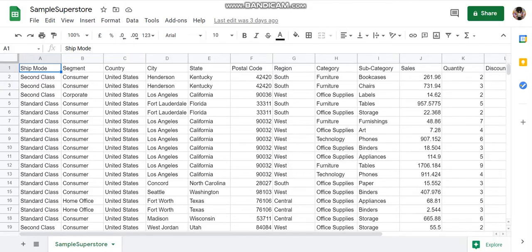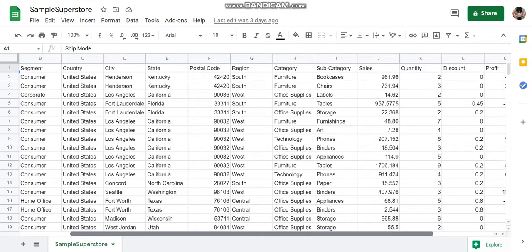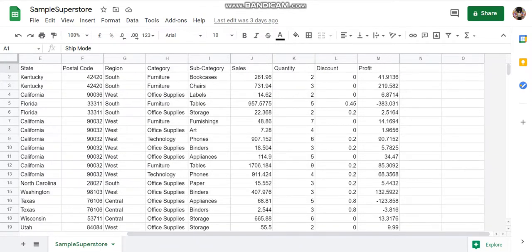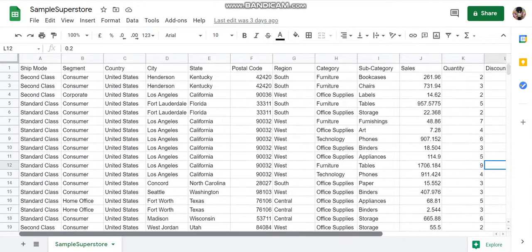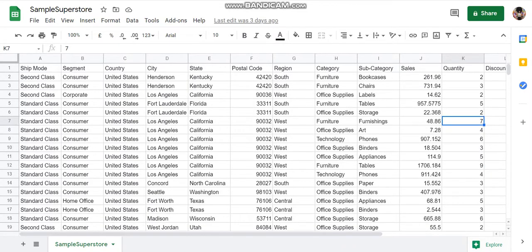Now the sample that has been given to us is this, in which you can see that there are various columns of ship mode, segment, country, city, state, and so on. This is the distribution of the whole business, which provides us various information about the locations over which it has been distributed and the categories over which it works. You can see furniture, office supplies, and technology categories, and there are further subcategories. Each has some sales and quantity. Also, there is a profit margin for every subcategory and the discount that we offer in each category and subcategory. So this is the whole data we've been given, and we have to make an analysis over this data.